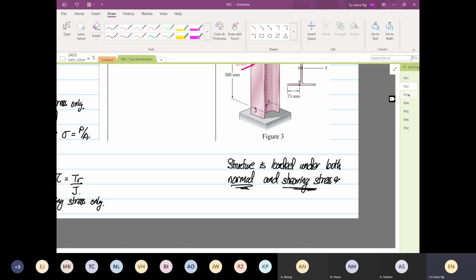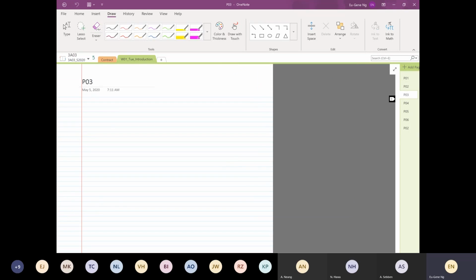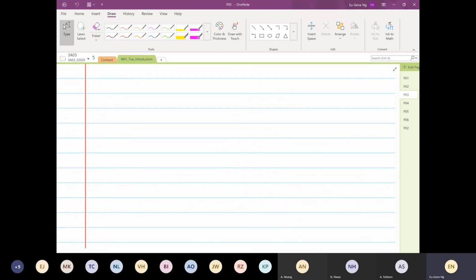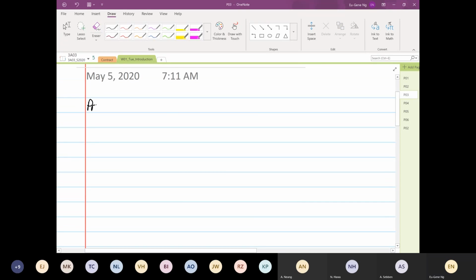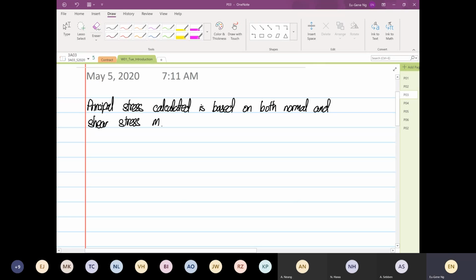So how do we go about selecting the right material property? The principal stress calculated is based on both normal and shearing stresses. It's not just a magnitude, it's a vector that we're interested in. That's why for this question that you see, we are